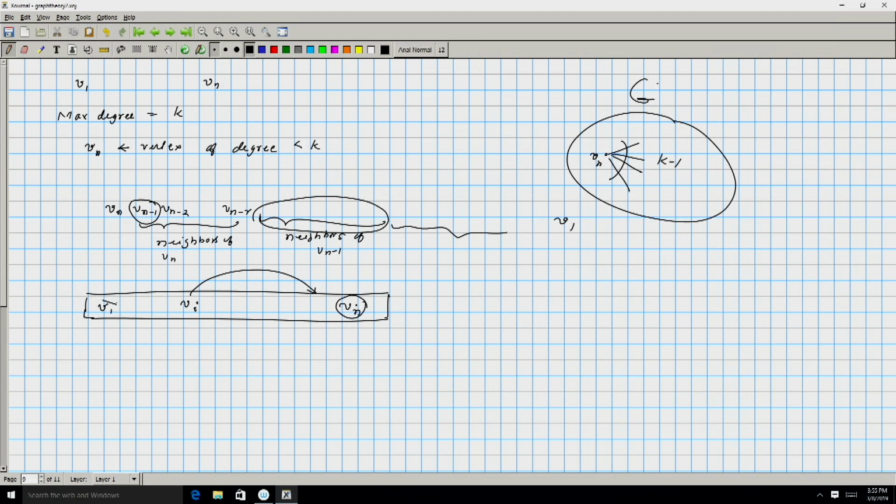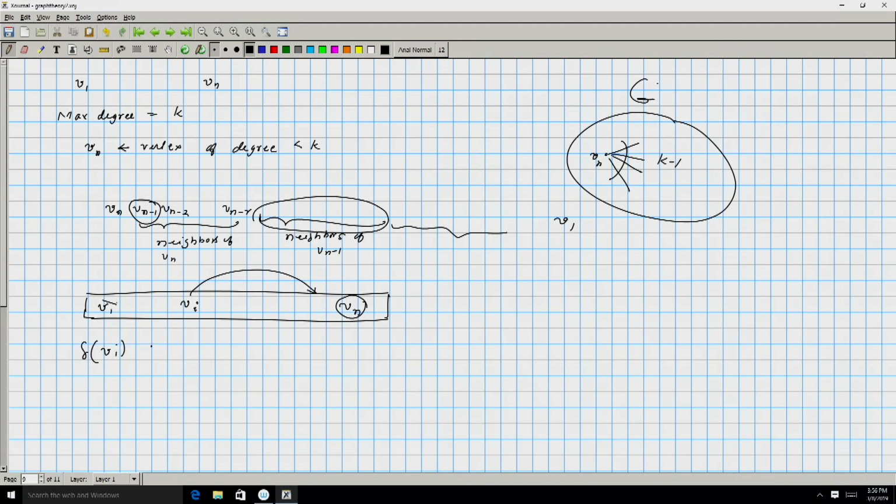Vn does not have any neighbor ahead of it, all its neighbors would have appeared previously. So, if you take Vi and look at all its neighbors, since at least one of the neighbors is in front, the number of colors used by the greedy coloring algorithm to color the neighbors of Vi would be at most k minus 1, because